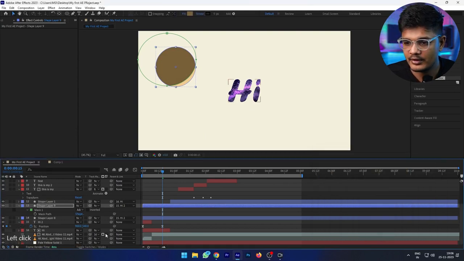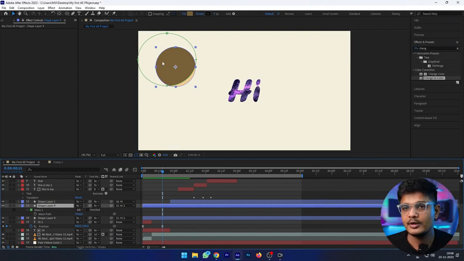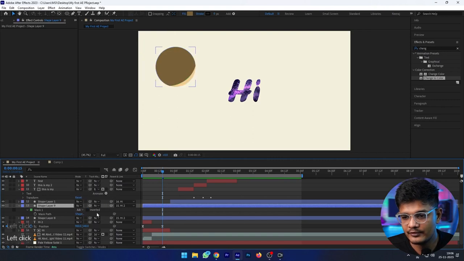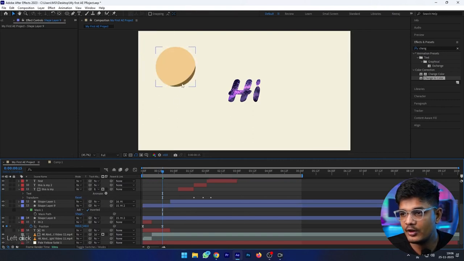Okay, now this mask is like this, so this part is showing only, but we want it to be inverted. So here, as the mask is default set to add, we will invert it. Okay, now only this part is visible of this layer. Okay, let's move this mask like this,